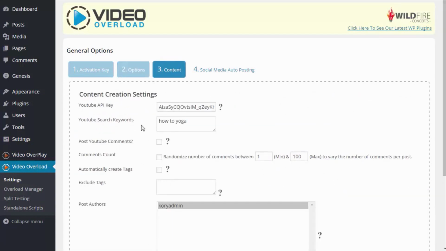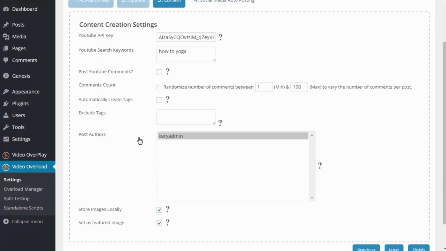If I jump over here to the content section, this is where we're going to set up our YouTube API so the plugin can go out there and it can pull videos on behalf of us and post them on our blog. We have the option to set up which keywords we want to focus on, if we want to include the comments on our blog post, if we want the software to create tags for us automatically. And we can also choose to bring the video thumbnail over and use it as a featured image and things